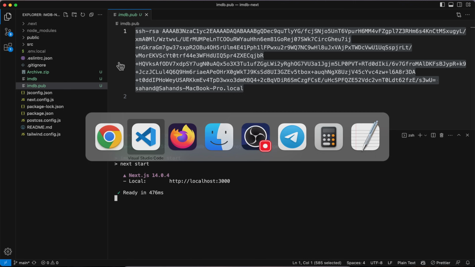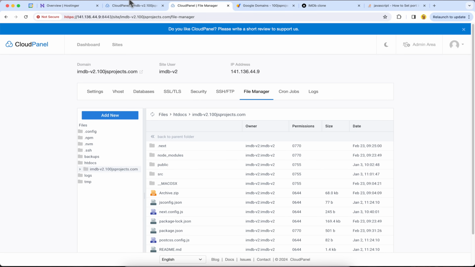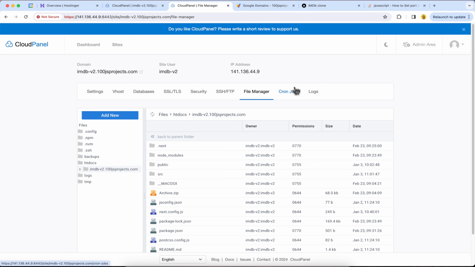Let's see. The problem here is because we have this defined, if you remember at the beginning, for the port, I have to choose 3001 instead of 3000 because the 3000 was not available. So here, Next.js is running our port on localhost 3000. So we need to actually change this port in our file manager. So what we want to do is to go to our cloud panel, and then we just go to package.json,